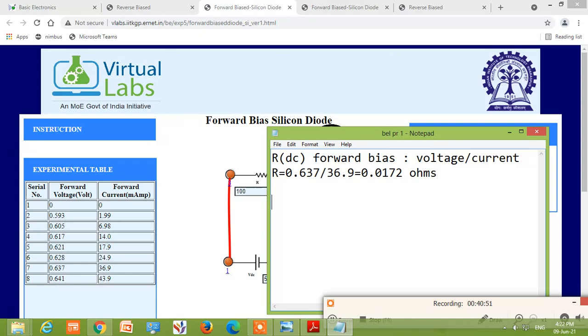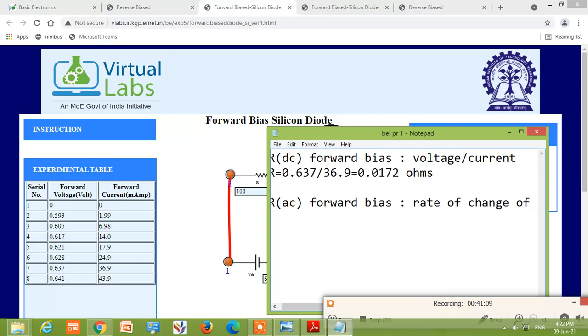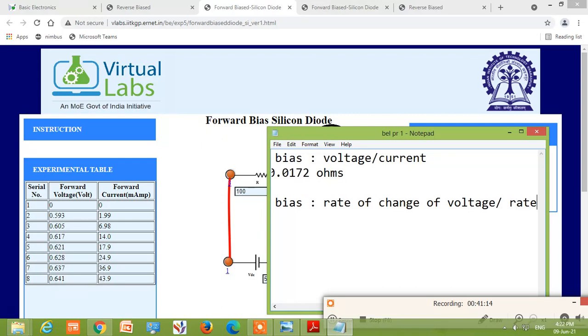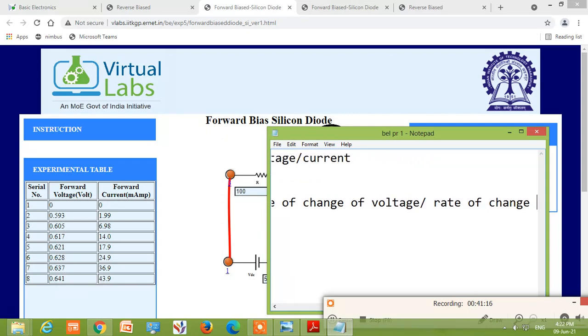Now let us see the dynamic value. So I will write R AC for forward bias. Now the formula changes to rate of change of voltage divided by rate of change of current. So any two values we have to take.